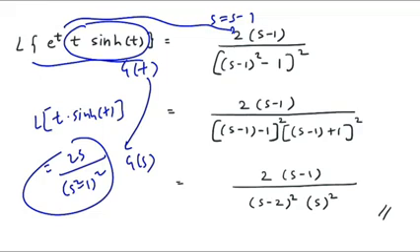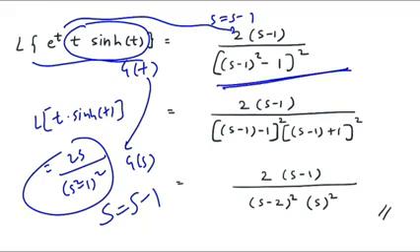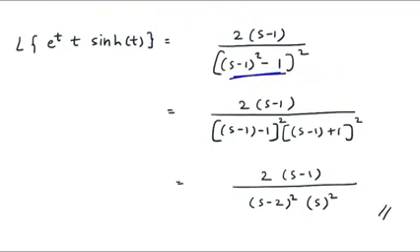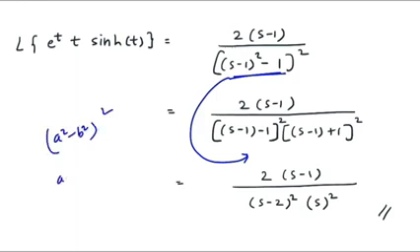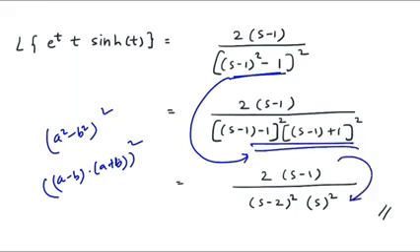So basically here the position of s would be shifted at s minus 1, and that is the reason you are getting this step. Make a note, this is a square minus b square the whole square format. So a square minus b square, I will write it here. Whenever you have a square minus b square the whole square format, then it can be written as a minus b into a plus b the whole square, right? And it would be a minus b the whole square into a plus b the whole square, which is this part, which can be simplified further.